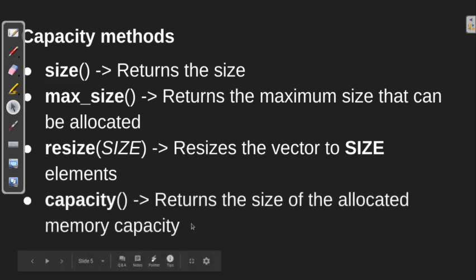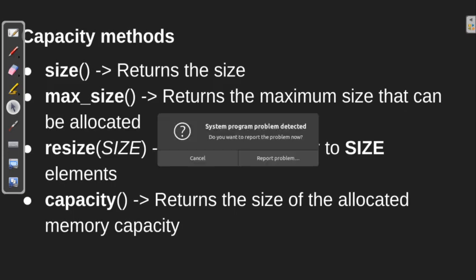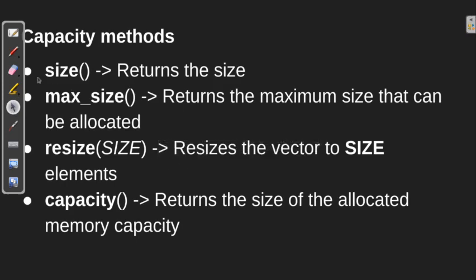Now next we have the capacity. Capacity returns the total allocated memory capacity of the vector, like how much memory can be taken by the vector, and that's the basic thing about the vector capacity method. And after that,